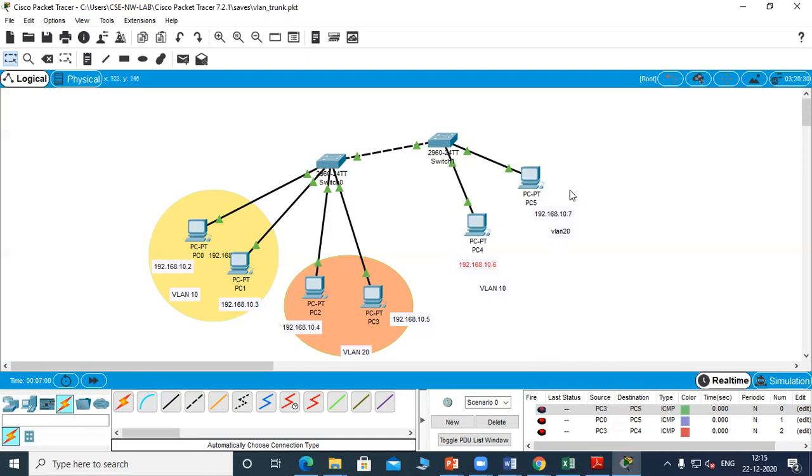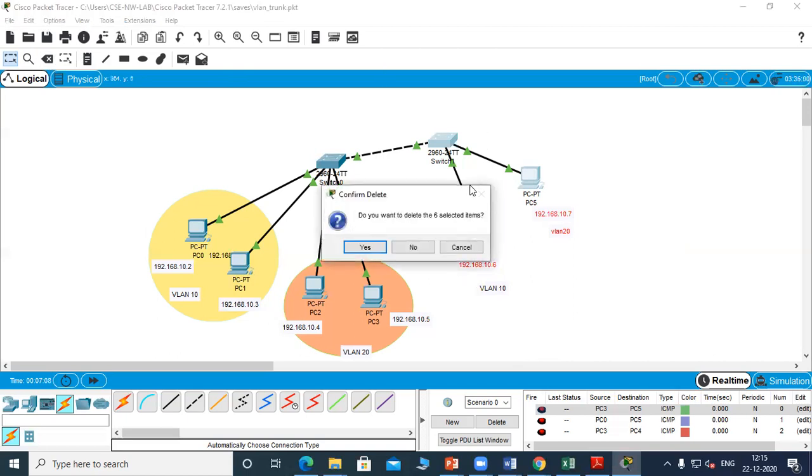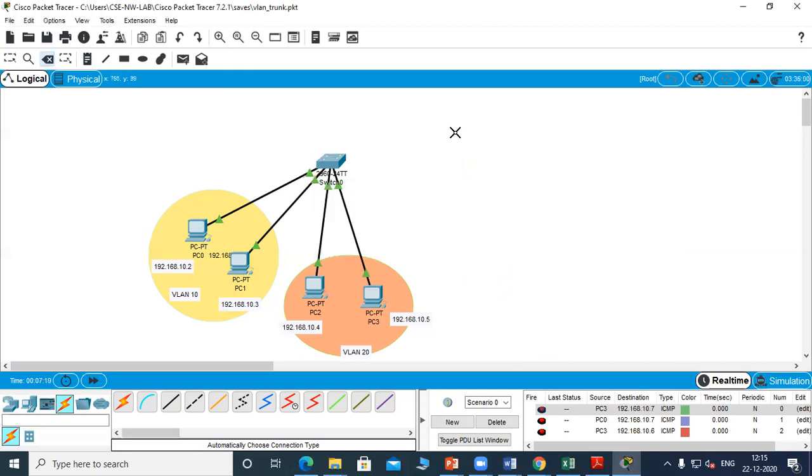First we'll remove this extended VLAN and then connect a router. Now this is the 10 network and all the PCs are in the 10 network. So I'll just change VLAN 20 to the 20 network, so that it becomes easier to understand how two different network IDs can communicate through a router.